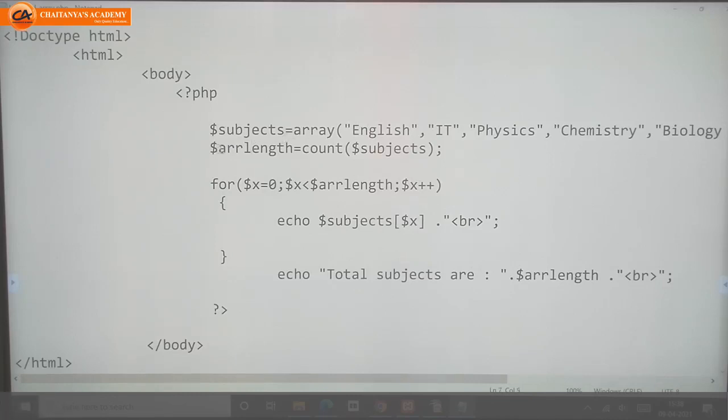Next, this is another variable, array length. I want to count the number of values, how many values I passed here. For that I have one built-in function, count, with the name of the array in brackets. My array name is $subjects.